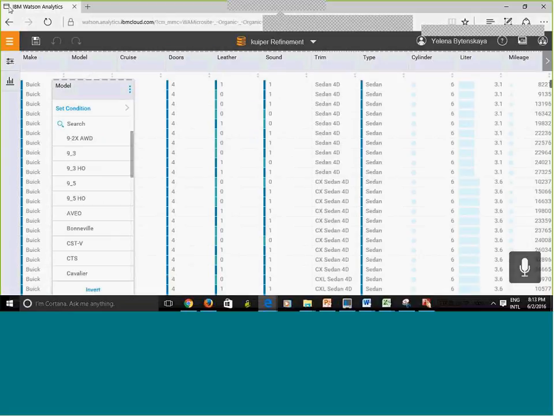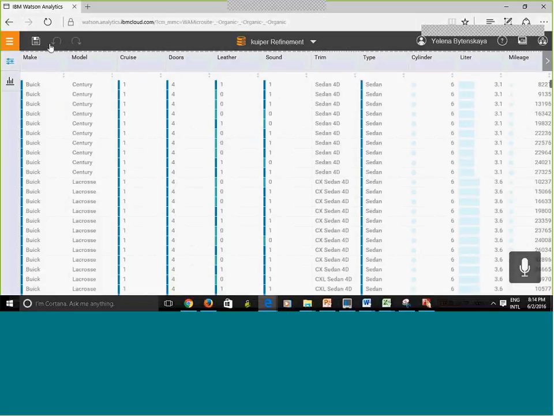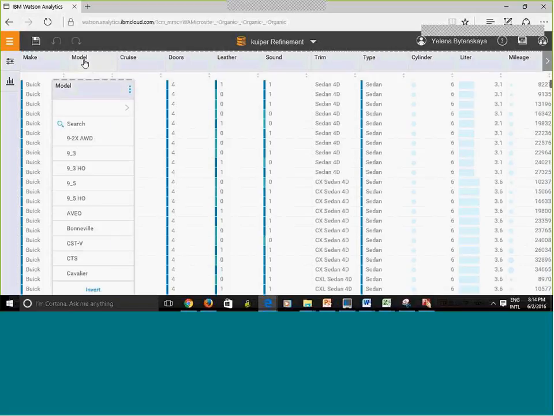Okay, so what you can do in here is you can filter your data by values, right? For example, suppose that I'm not interested in all of the car models, and I want to exclude some. So what I can do is I can click here. Okay, and it's giving me the list of options. If I have not selected anything, it's going to display the data.